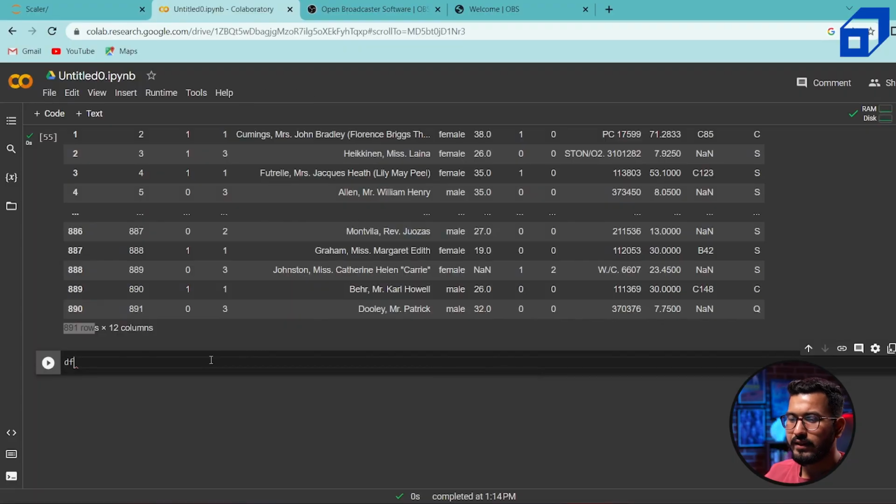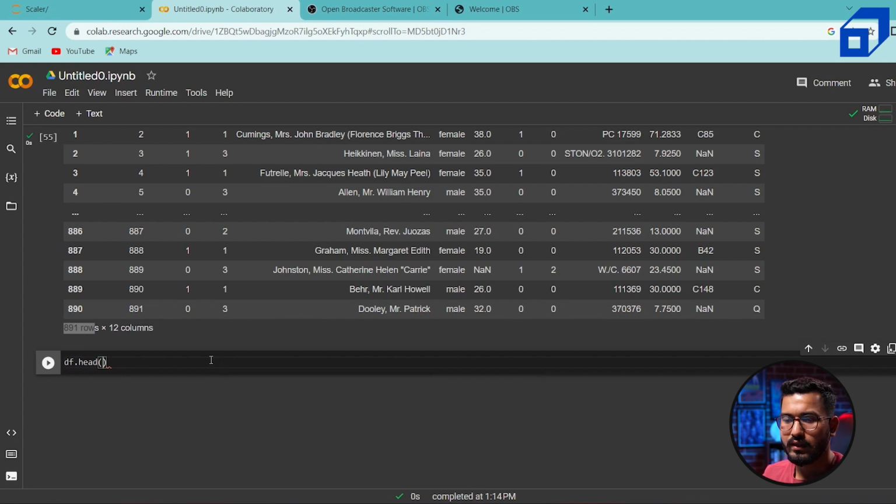Now, what are the various operations which we can do? Once you have uploaded your data, once you have the data frame created with the data that you wanted to process, analyze or manipulate, the very first thing is to inspect whether the data was correctly uploaded or not, whether the data has all the rows and columns as expected or not. So we have to inspect. Now Pandas provides us with some inspection tools. So the very first one is